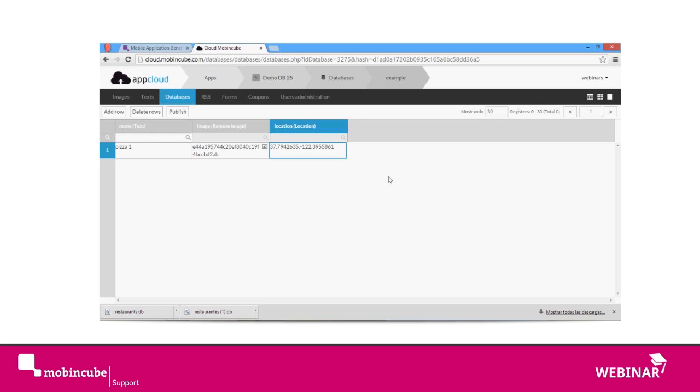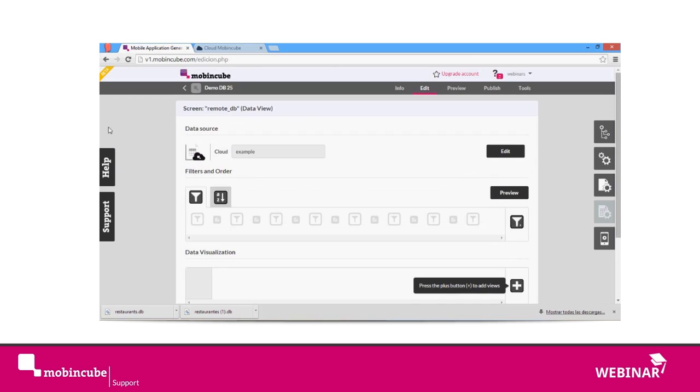Okay, if you access the cloud from your device, you can always add more records. So my app, I mean, I don't need people to reinstall the app. I mean, all the information will be updated automatically. Okay, so if I go back to Mobincube, now I see here that my database is in the cloud. You see this icon and this text. So if I click on edit here,